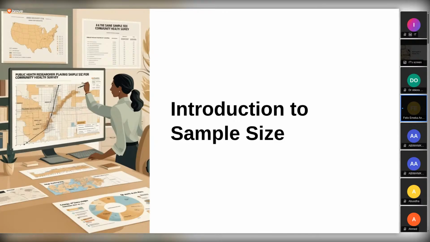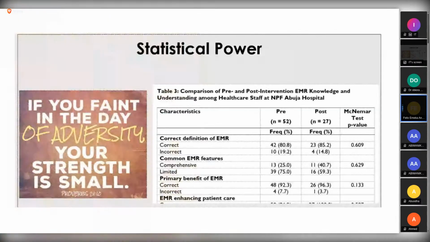So like I said earlier, if you want to go and collect your data, you have to know how much data you're going to be collecting, right? You can't just go to the field and carry 200 questionnaires, or carry 10 survey forms. No, you have to be systematic. As long as you're doing research, there are systematic ways, the same way there are systematic ways of creating your data collection tools. There are systematic ways of calculating sample size. You don't just decide the number to collect.